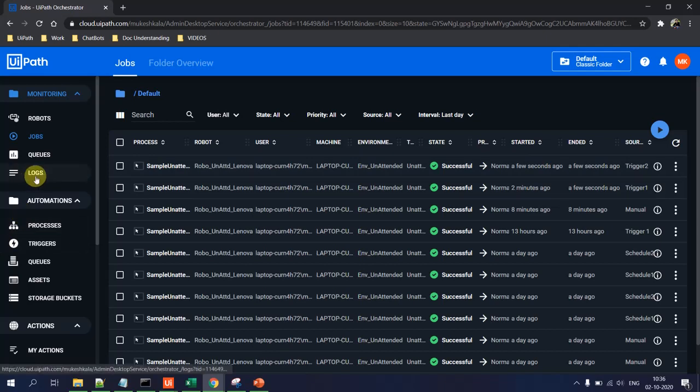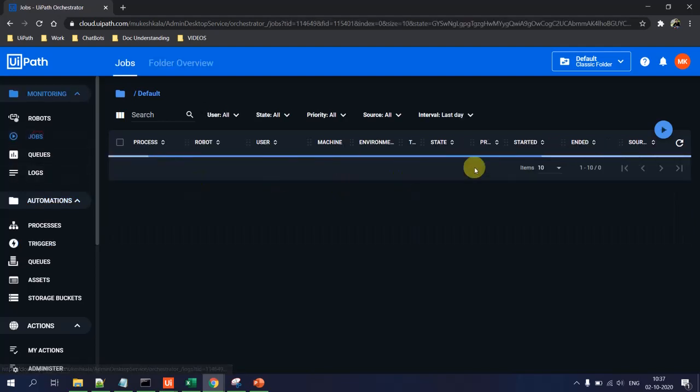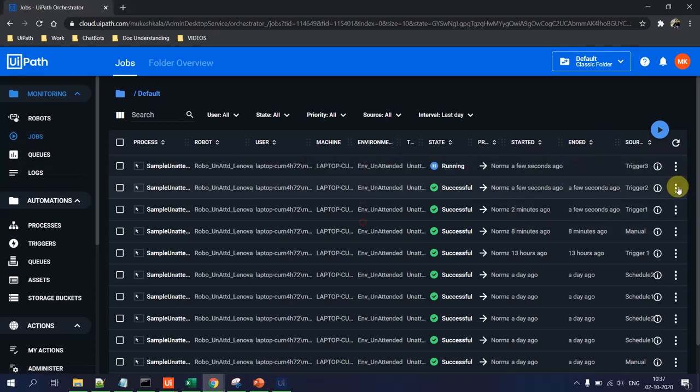These were the two happy scenarios, scenarios 1 and 2. If I go to the last trigger, this is going to execute in a few seconds, and in the jobs, this is executed now. So all our three triggers are executed. The bottom line is, whenever a process is running and another hits the same robot, the new one goes into a pending state.